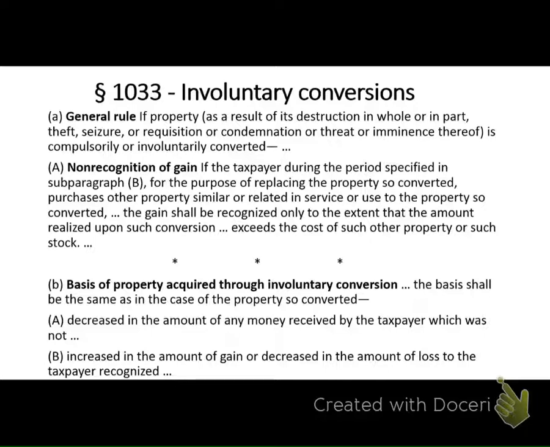So we knew before when we looked at, what did we look at? The installment sales. When we're looking at the installment sales, if you took out a mortgage in anticipation of the sale of the property, we didn't count it as qualified indebtedness. But here it's fine, and it's mostly fine because it's an involuntary conversion. And so we don't want to penalize Carl because his property was involuntarily converted. It's not his fault that this terrible thing had happened. So we're going to want to put him in the same place as he was before the incident and allow him to take out, to borrow against the property.